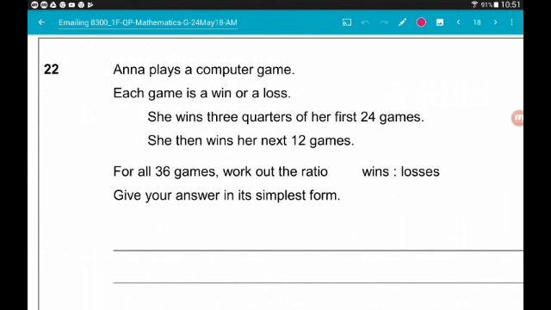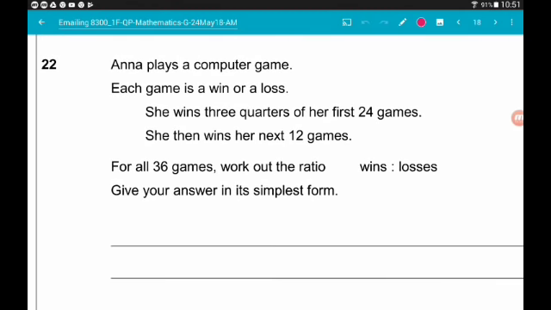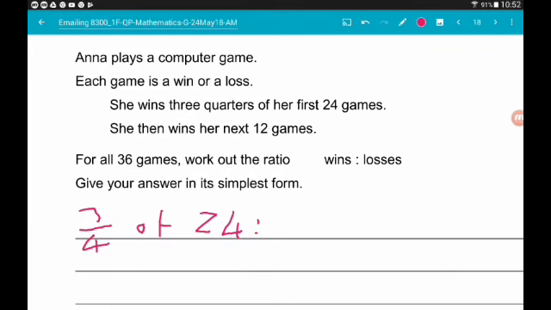So we need to work out how many games she won in total. So, of her first 24, she won 3 quarters. So, 3 quarters of 24. Well, to do that, first of all we work out 1 quarter, which is 24 divided by 4,